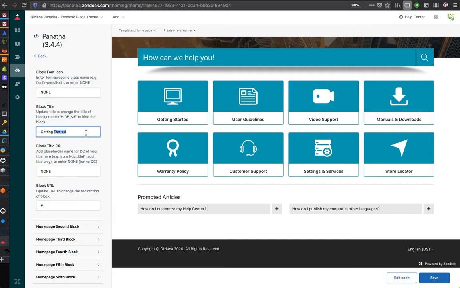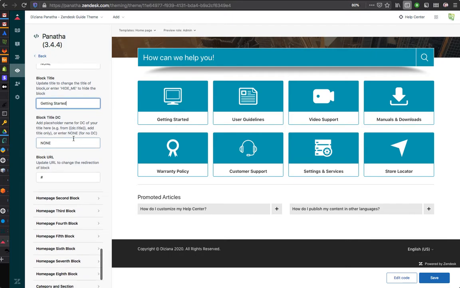If your help center is in a single language, you can just type in the title in the help center's language. It could be English, or it could be Chinese or Japanese or French or any other language. So please pardon me if I missed your language, but it could be any language supported by Zendesk.